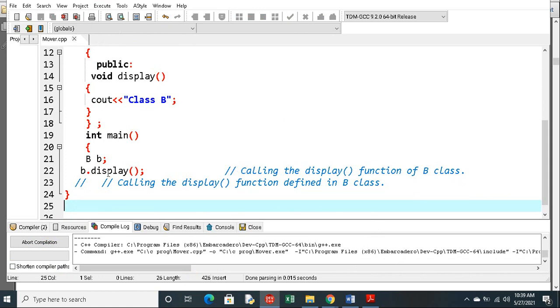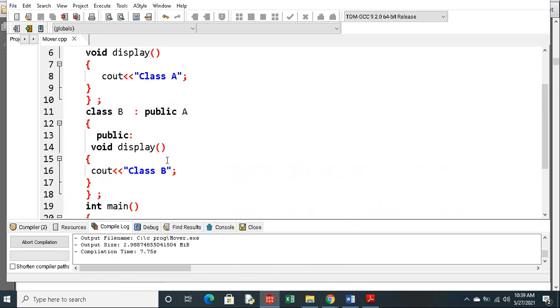Here you are calling b.display. So here you have two display functions, one in the base class, another in the derived class. So we have to see which function it will execute, whether it will display class A or class B. I have created an object for class B, so it will give you the result of class B. We'll see which function it returns.